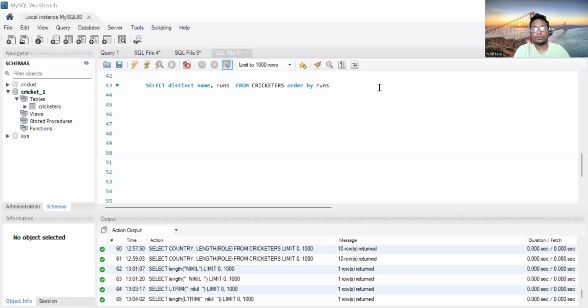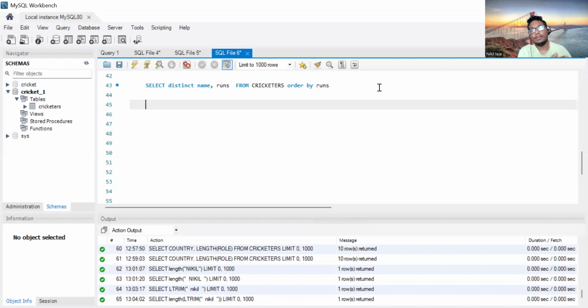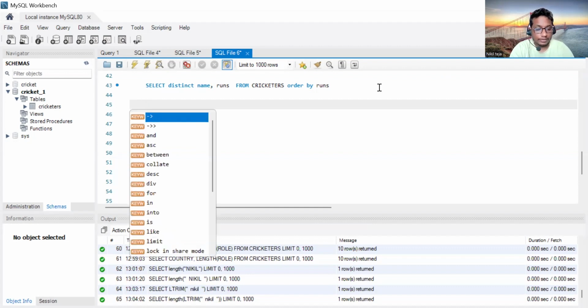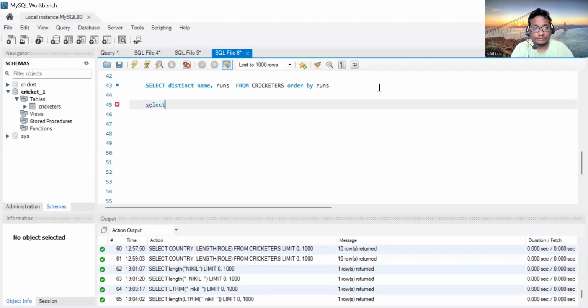In today's video, we will be learning about the LENGTH, LTRIM and RTRIM functions. Length is used to find the number of characters of a string, and it gives the output as the number of characters. For example, select